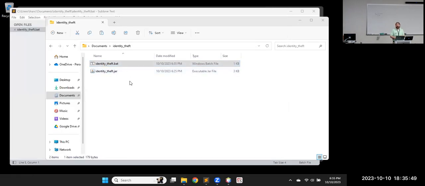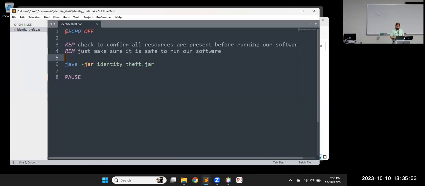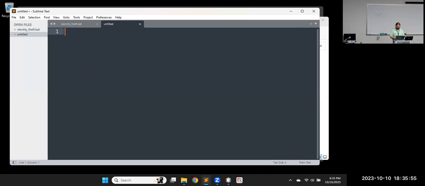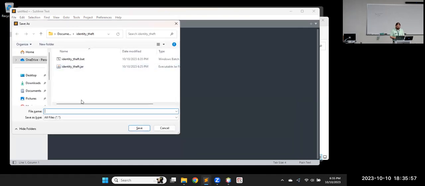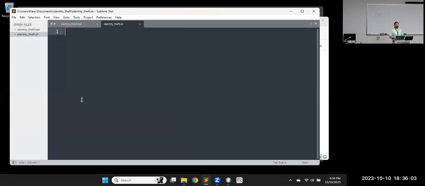Might need a Linux user to use our software, right? So I'm going to come over here and hit Control-N, make a new file, and I'll save it in the same place, identity theft.sh. So a shell script this time. So we need our shebang, /bin/bash, running from that one, add in a comment,